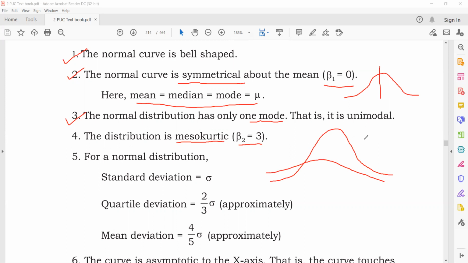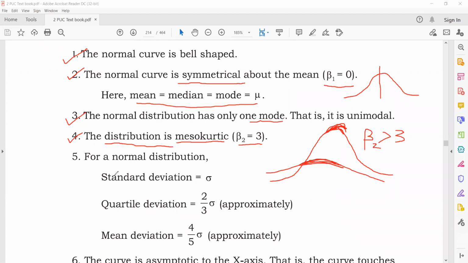So if you have a distribution whose value of beta 2 is greater than 3, that indicates that a sharp peak for that curve is observed. The peak of the curve is very much sharp there. If you observe beta 2 to be less than 3, the peak will be very much flat. Therefore, we take the normal distribution to compare the kurtosis and skewness of other distributions. That's why this is called normal. So again, another point, because it is used to study non-normal distributions also in terms of kurtosis, in terms of